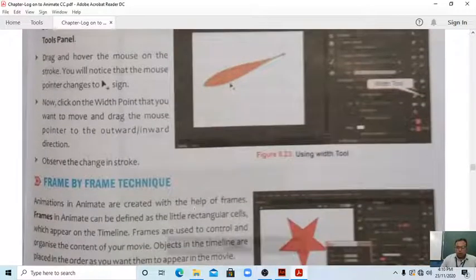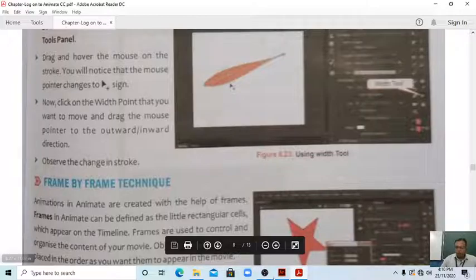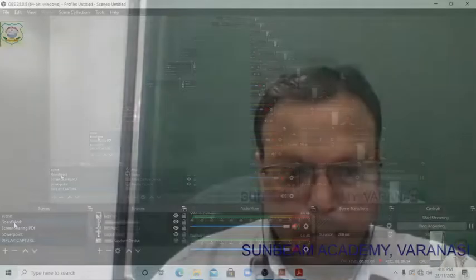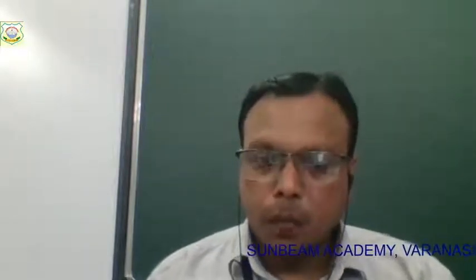Okay, students, next we will discuss frame by frame. Now, students, we have discussed all things of Animate CC, like how to change the star tool's outer part into curve points, how we can color, how to use the paint bucket tool, ink bottle tool, and also the eraser tool. These are the things we have discussed today. Next class we will discuss frame by frame, how to use the animate work.